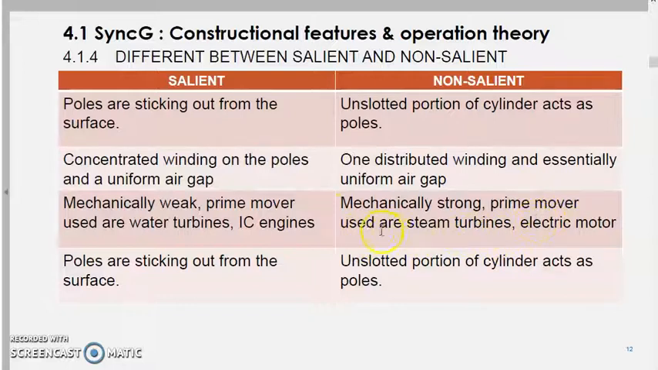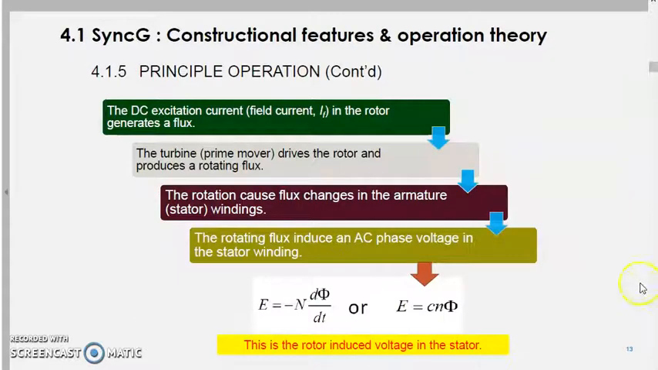The prime mover is a steam turbine, usually used in steam turbines or electric motors. So the poles for sure will not be sticking out from the surface. This is the unslotted portion, cylindrical, which acts as the poles. So the principal operation, the